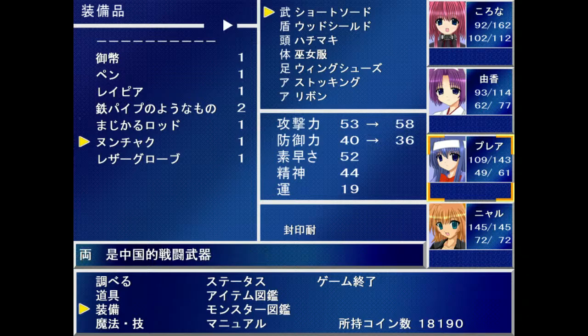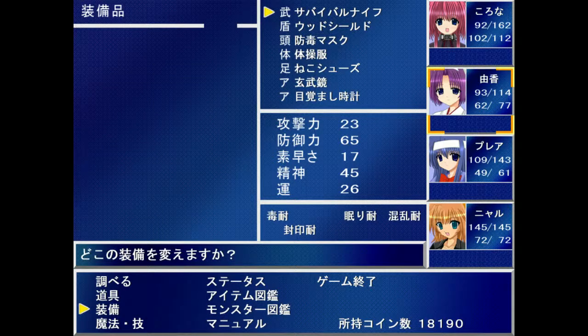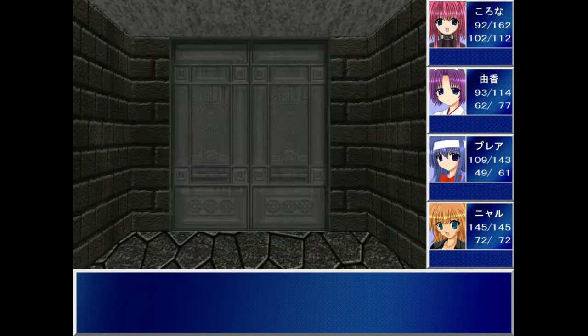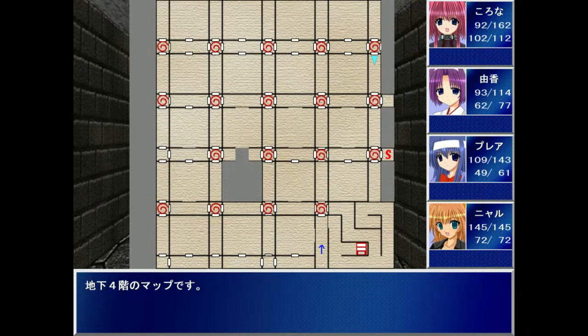So I could equip that on Playa for a bit more attack, but she'd lose some defense because no shield with a two-handed weapon. I don't think that's worth it. Might be worth it on Yuka, though. Yeah, let's see how this works out. That is a significant gain to attack power. She's not much of an attacker, but...